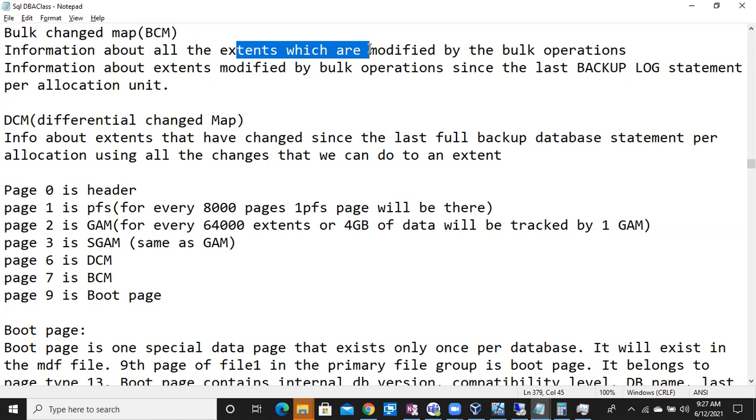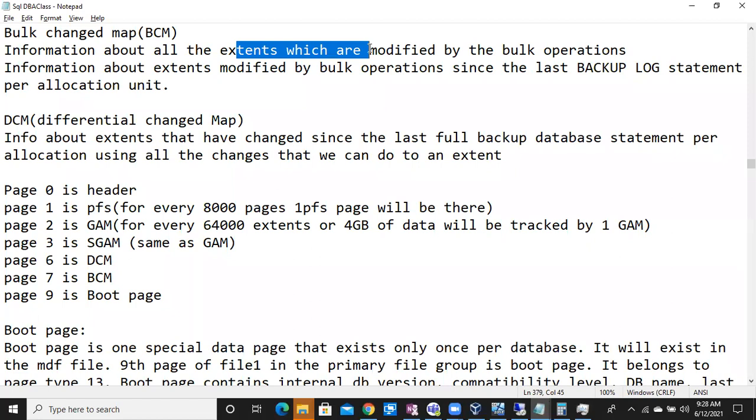Monday's differential backup contains all the changes from the last full backup, from last Sunday to Monday. Tuesday's contains all the changes from Sunday to Tuesday. Wednesday's contains all the changes from Sunday to Wednesday. Whenever you run a differential backup, it contains all the changes since the last full backup.